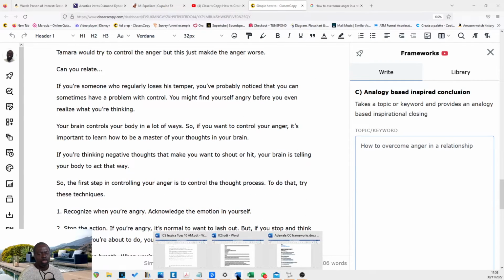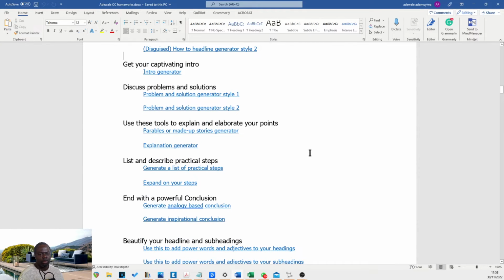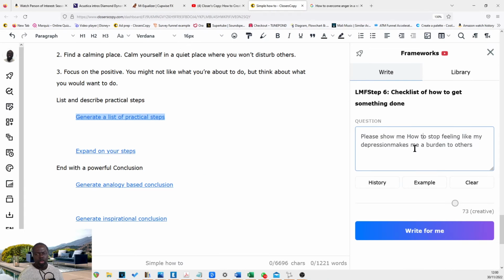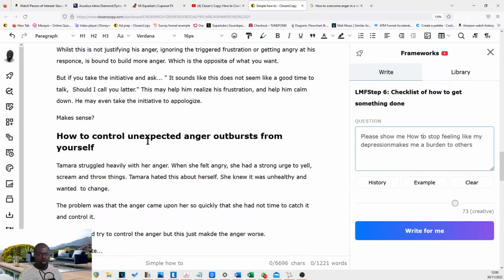So I'm going to just copy back. What should we use? Let's use this here. Right, so we want some list points, which we might just choose three for how to control unexpected anger outbursts from your partner. Please show me how to deal with